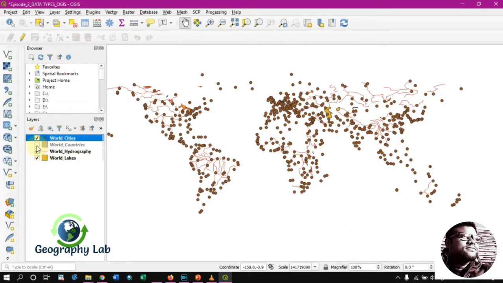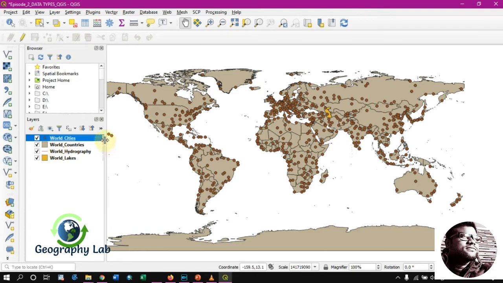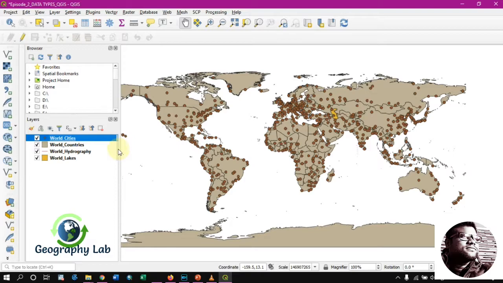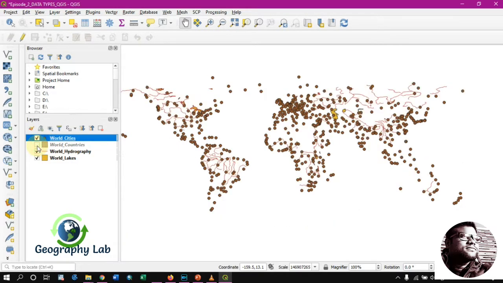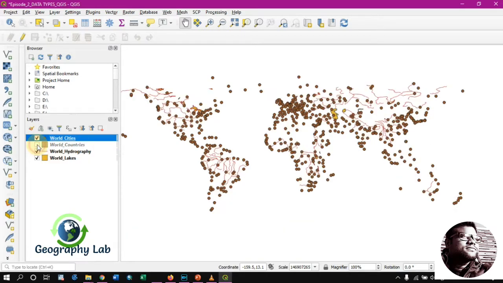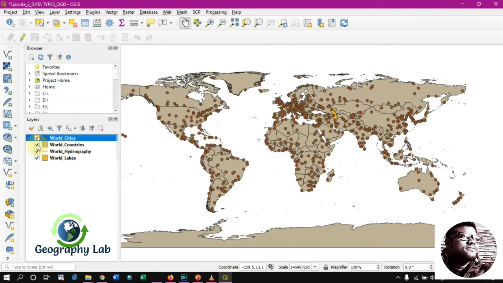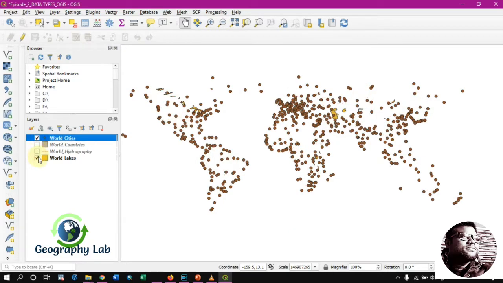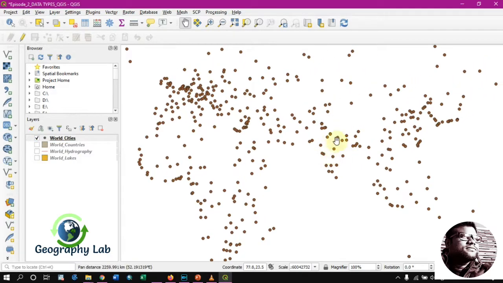First of all, this is the layer section. From there you can check or uncheck all of these. If you uncheck that, the top layer remains in the display.